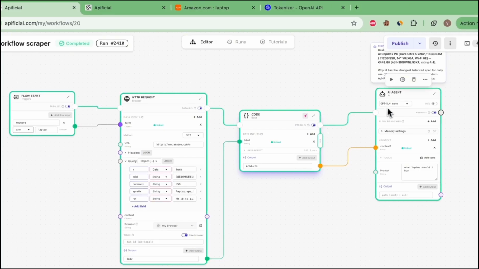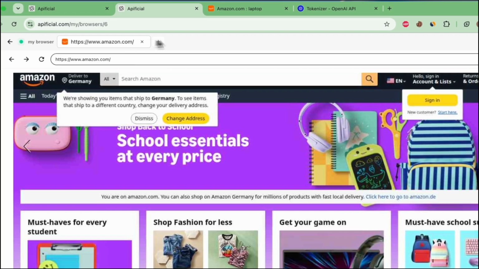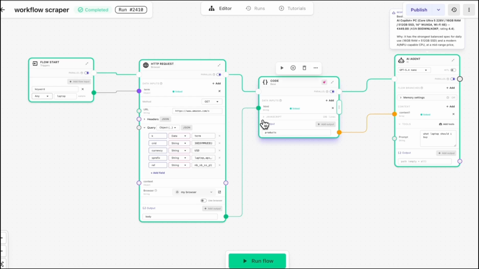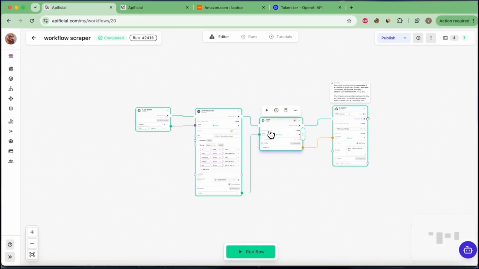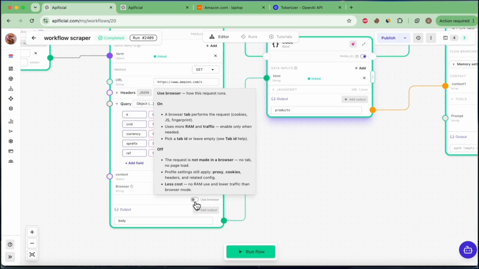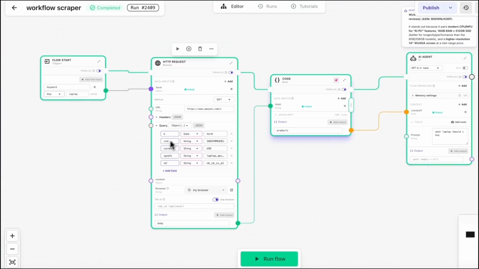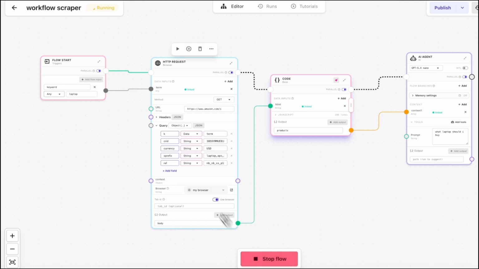Like other nodes in the browser group, you can select a browser profile, including one that's already authenticated. If you need to scrape content that requires a login, make sure that browser is signed in on the target site. For more details, check our browser tutorial videos on the channel. The Use Browser option scrapes with not only the cookies and proxy, but also the browser instance itself. That can help avoid detection and blocking in some cases, but it adds RAM and proxy usage, so it's not